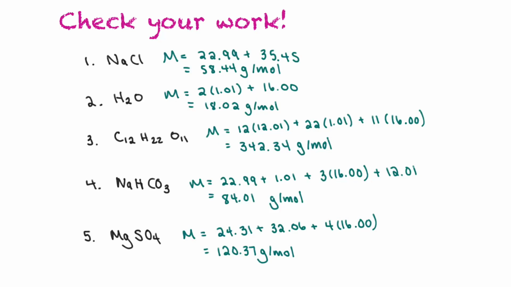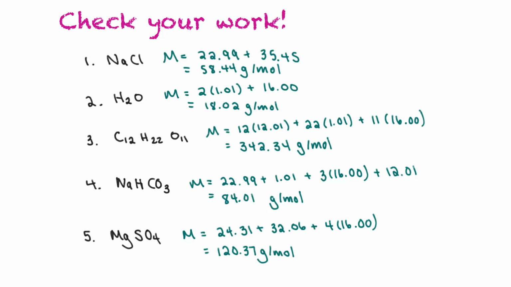So now we're going to check our work. So if we take a look, the first one we have is sodium chloride. So that would be the molar mass of sodium plus the molar mass of chlorine. So 22.99 plus 35.45. And that totals 58.44 grams per mole. We already calculated the molar mass of water, but I put the solution here again. That's equal to 18.02 grams per mole. For sucrose, also known as table sugar, that's equal to 12 times the molar mass of carbon, plus 22 times the molar mass of hydrogen, plus 11 times the molar mass of oxygen. That equals a grand total of